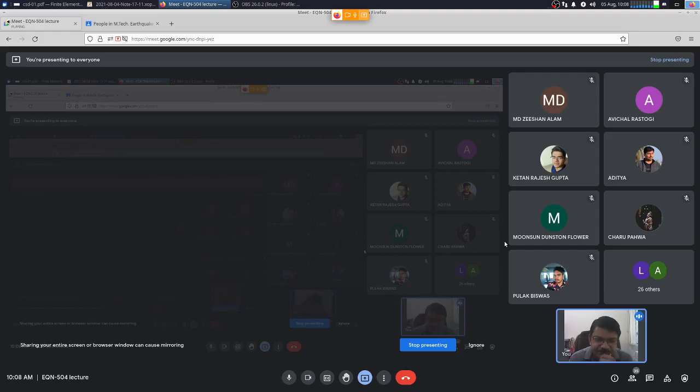So 23 bits are used for the fractional part in single precision, and 52 bits are used for the fractional part in double precision. So as you can see, with 23 bits, there are only 2 raised to the power 23 possible configurations. These are the numbers that can be stored in one particular range or one particular power of 2. Right? Similarly, in case of double precision, 2 raised to the power 52, these are the total possibilities that you can have between two consecutive powers of 2.